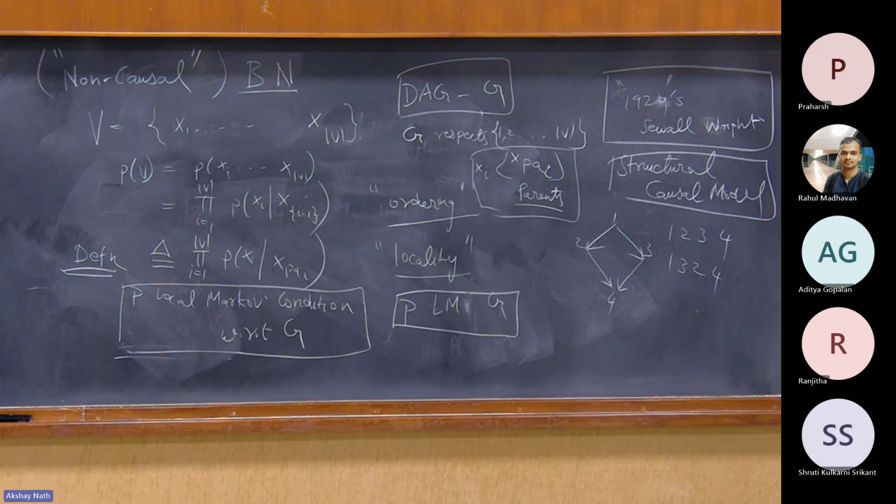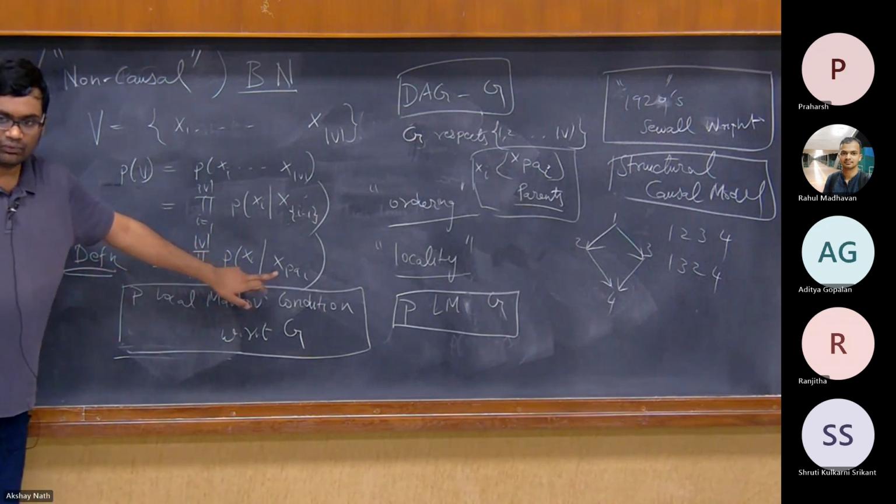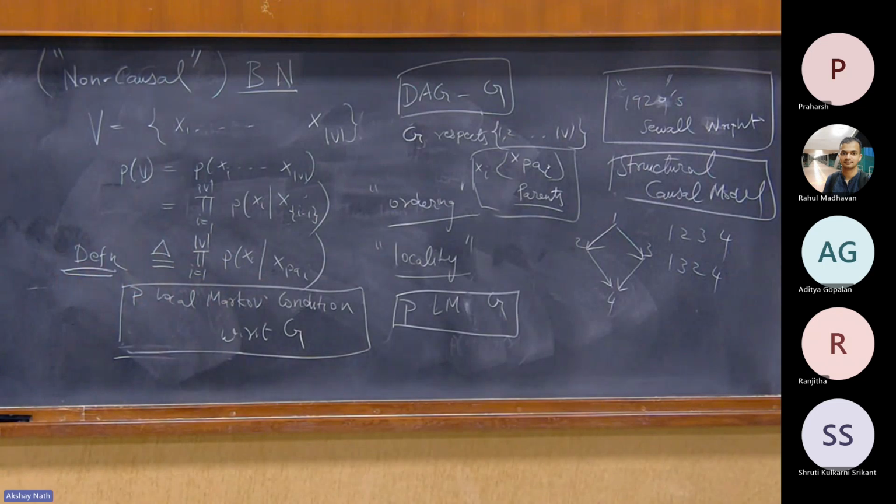Some people call this, I think there's a name for it, but I don't know what it is called. Maybe it's called the parental Markov condition or something. Basically, it's a conditional independence version of this. But by the way, this only has factorizations. This one is a bit more. So this already implies quite a lot of conditional independence. The moment I impose locality, I already have this. Okay. So that's the first important thing.